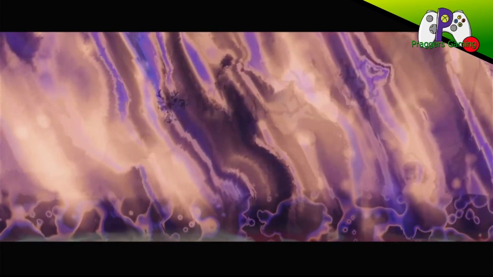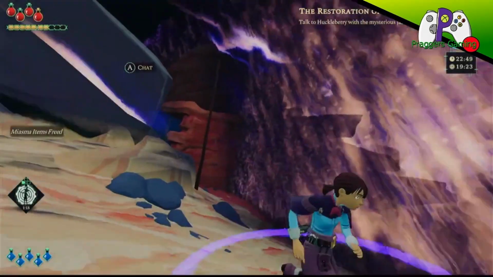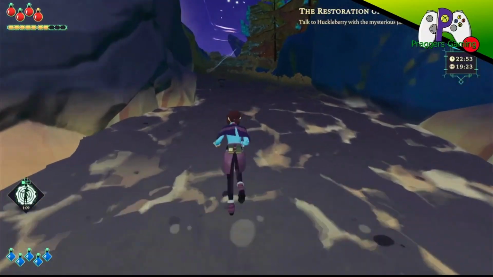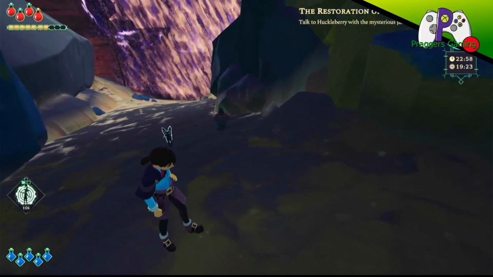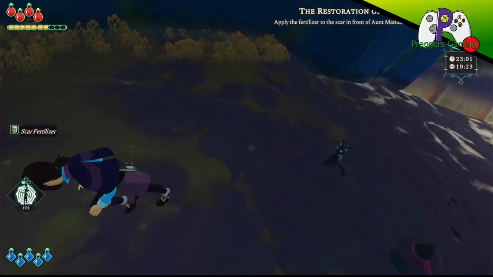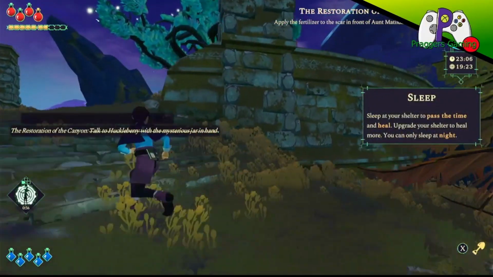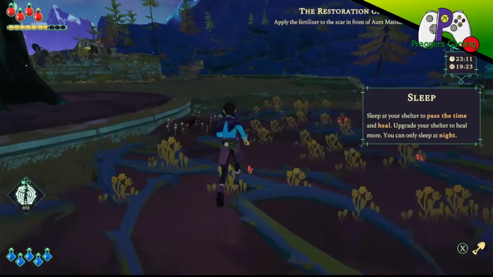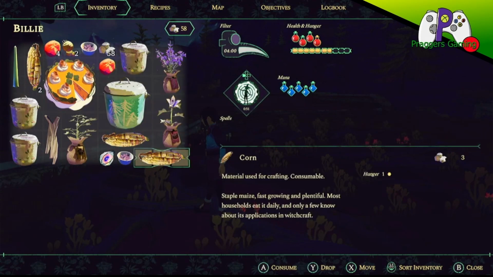So there's something in the miasma that we need to go and look at, but we need to go further. So, well, let me. Where's Huckleberry? There he is. You're back. So yes, we've got the Scar Fertilizer. Which we can do stuff with, and if I show you my inventory, you'll see that the items we picked up are now no longer